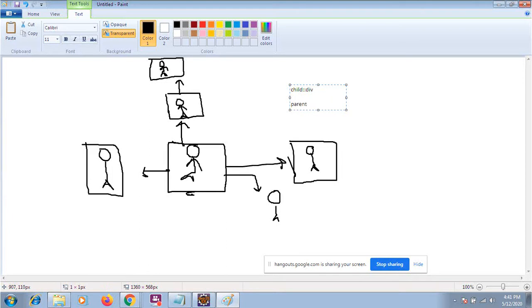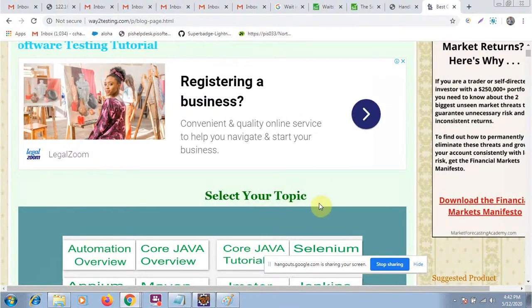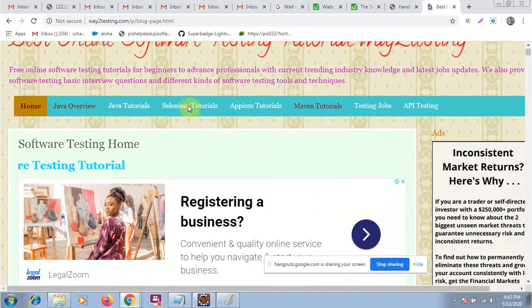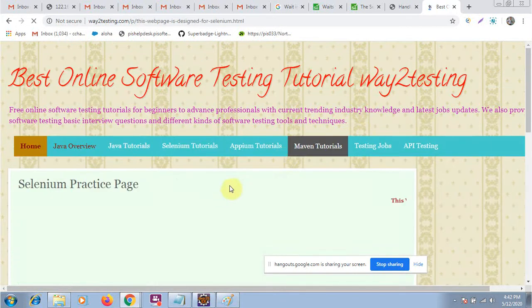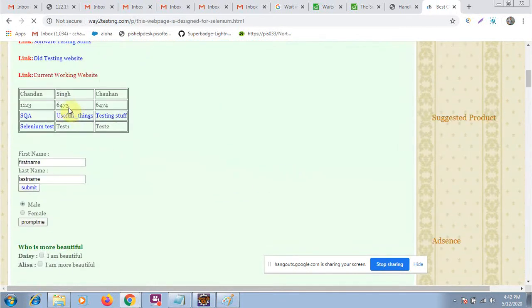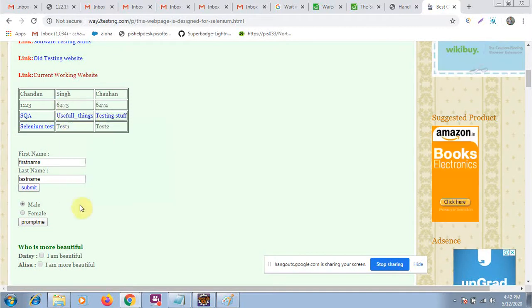I will write parent double colon, and then the tag name, for example, the tag name of the parent is the anchor link A. Simply you will be able to find it. Okay, so now I am taking a simple example to explain this. Let me go to my practice page. Okay, so suppose that we are here. Let me explain. If we are here, let me open the DOM.